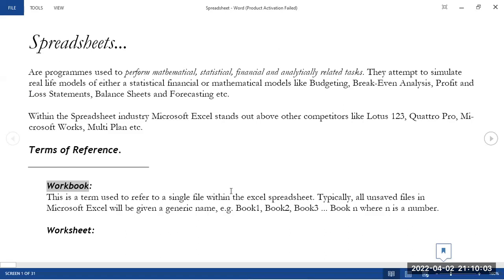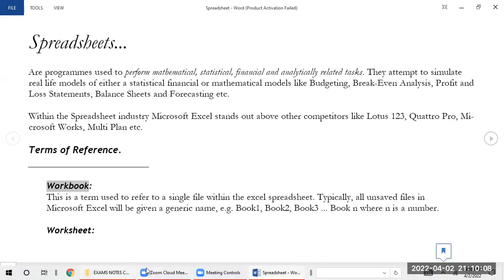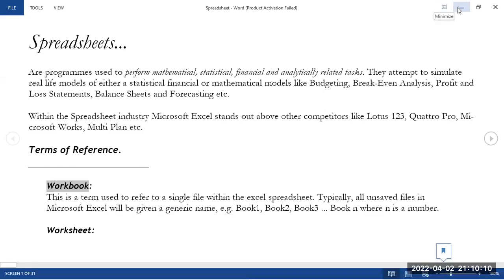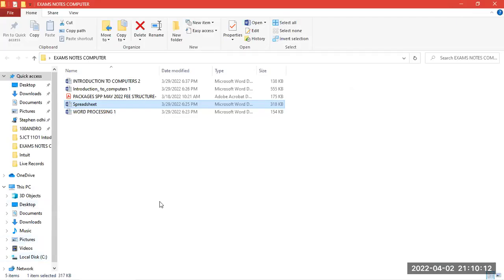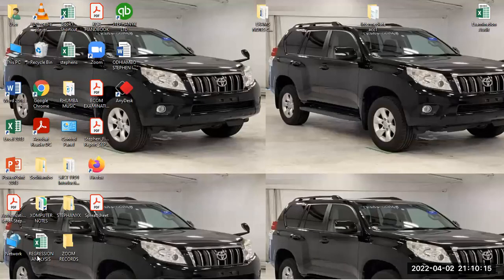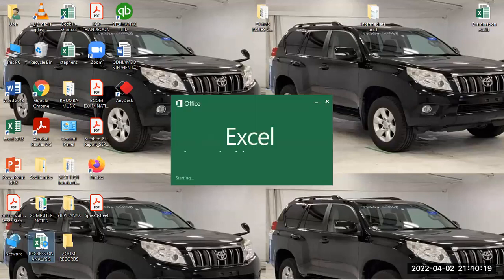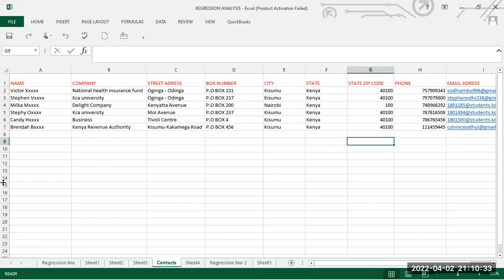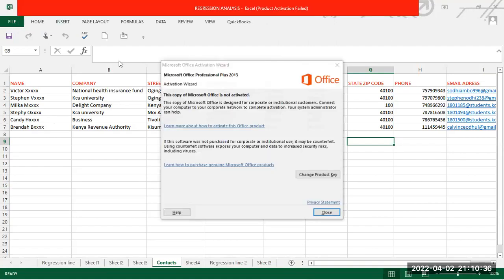So if I can just open Excel and tell you something about it, I hope you will understand me much better than by explaining without using Excel by itself. So I'll be illustrating and giving some of my notes on the screen. Let's just wait a bit. So like this,